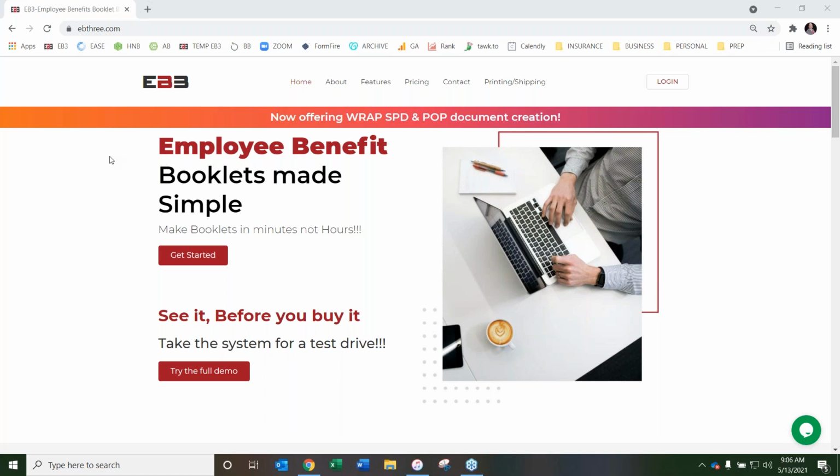But I was Googling for some sort of scenario where I could find something that's affordable and would make sense and look professional. And I found a few things out there, but really there was just so much tied to each one of these subscriptions. The benefit booklet was here, but wrap creation and POP creation was over here. We had to send that off to a TPA or this or that, or they were really focused on a bunch of tools that I really wasn't going to use, like maybe benchmarking tools or something,